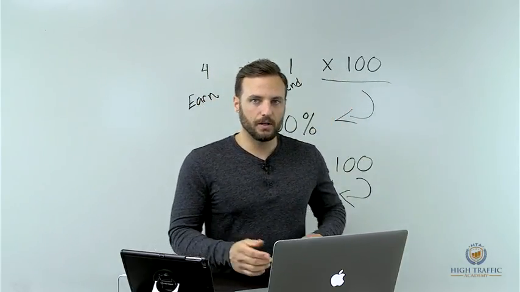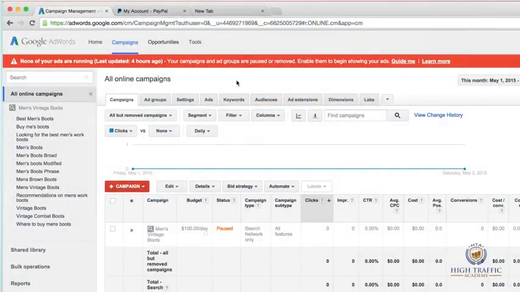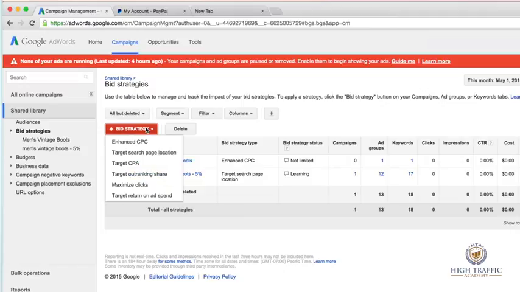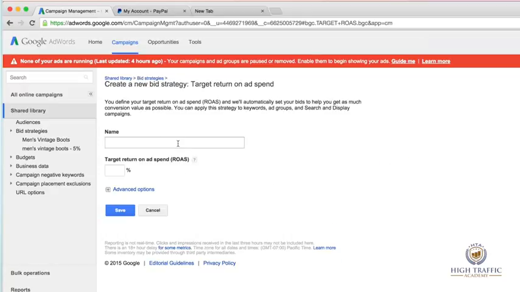So let's go into our dashboard here. And we are going to come to Bid Strategy, Manage Flexible Bid Strategies. We're going to drop down and select Target Return on Ad Spend. Here we're going to give it a name, and remember to keep your naming conventions in alignment with whatever ad group or campaign or keyword you're assigning it to. In this case, we're just going to assign it at the campaign level, and we're going to call it Men's Vintage Boots,